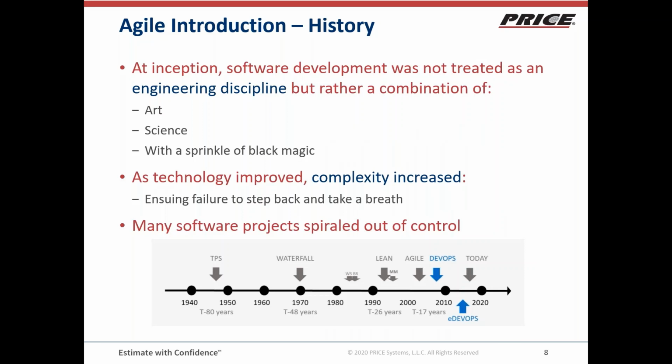So I always like to start off by asking, how did we get here? Software development was not, in its inception, treated as an engineering discipline. It was some sort of combination of art and science with maybe a little sprinkle of black magic. And improving technology